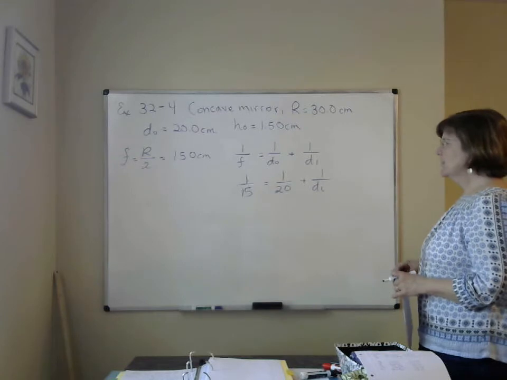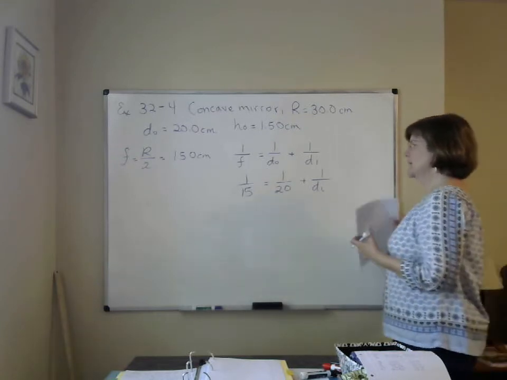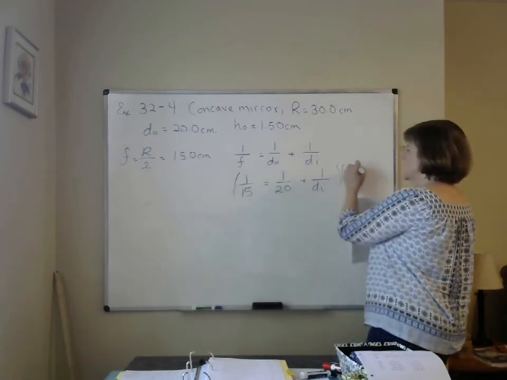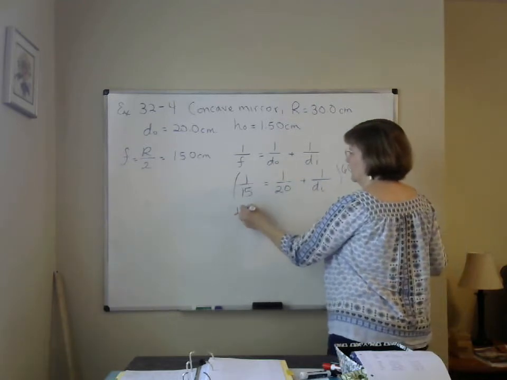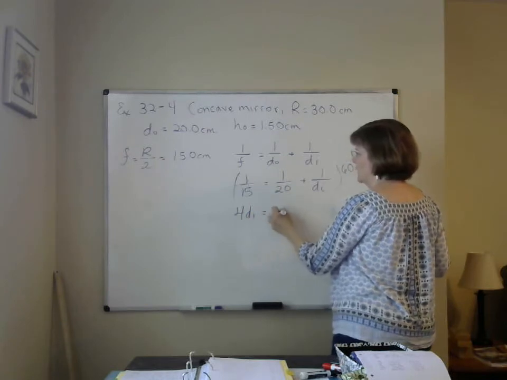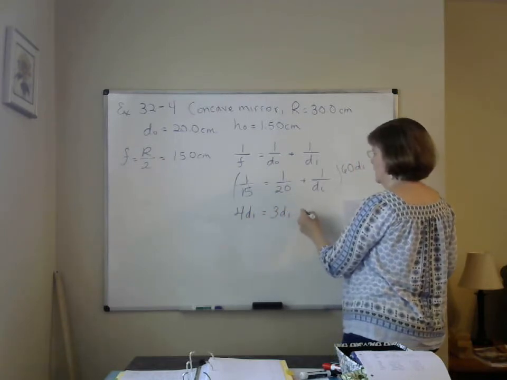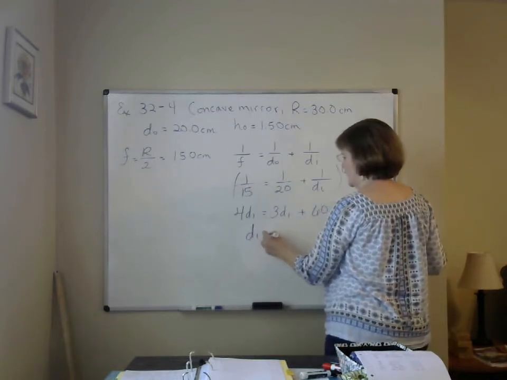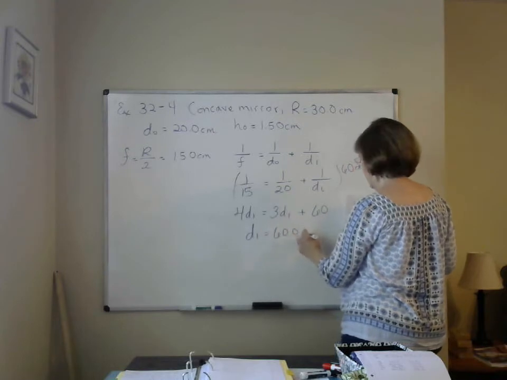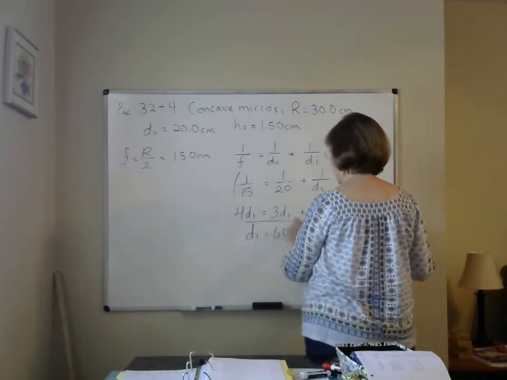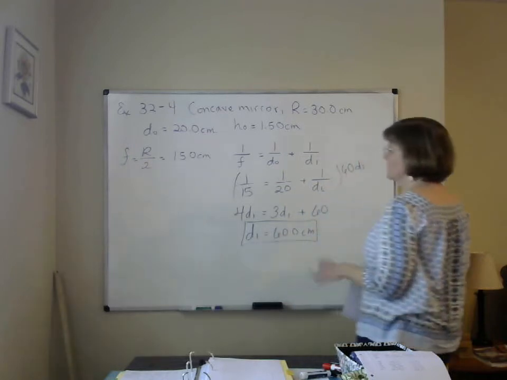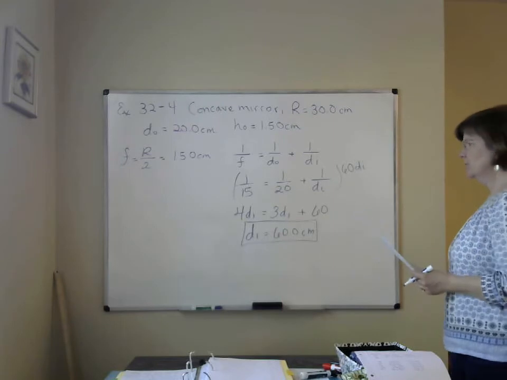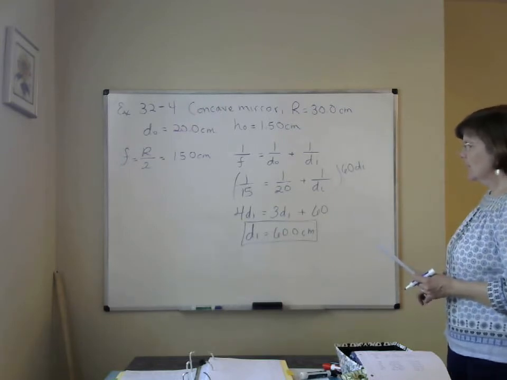The least common multiple that I see jumping out at me is 60 di. If I multiplied everything by 60 di, that would be 4 di equals 3 di plus 60, which means that di has to equal 60 centimeters. And that is, of course, the correct answer. Like I say, I don't usually do it by hand, but if the numbers are nice, it's not hard to do. If we wanted to know magnification,